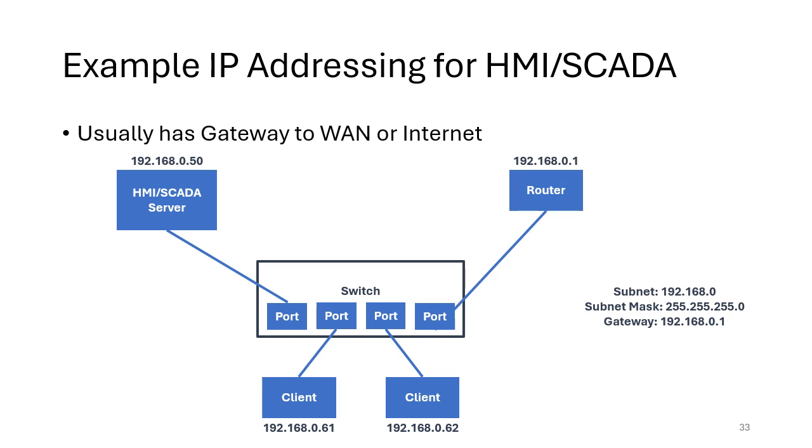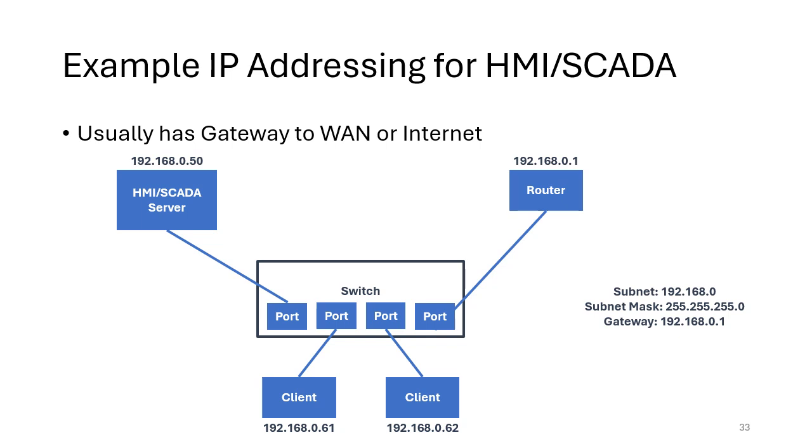So here's a similar IP addressing scheme, but this time for HMI SCADA, and we have a connection to the WAN or to the internet using a router. For this one, I've got my HMI SCADA server, for which I've chosen an address of 192.168.0.50. I might do this because I want this to coexist with my PROFINET network, or it might be a completely different network. But doing this just means that the devices don't overlap,